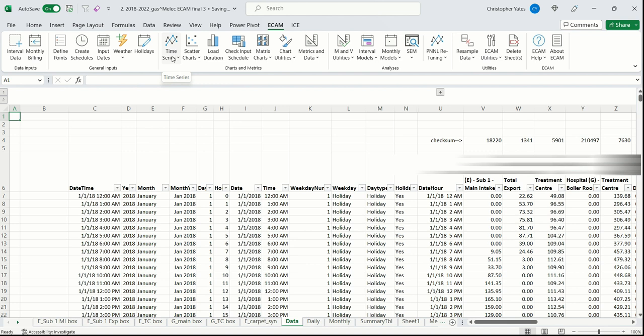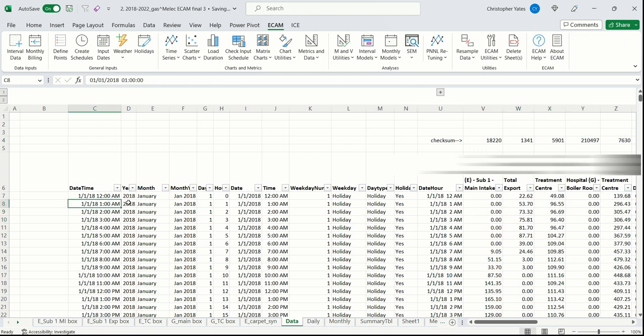Unfortunately for me in the UK, it is in statute IP units, so when I've tried to use the M&V kind of stuff, it fails. I'm not sure if that's because of units or for some other reason, but it usefully just tags all the data. The actual data's here,